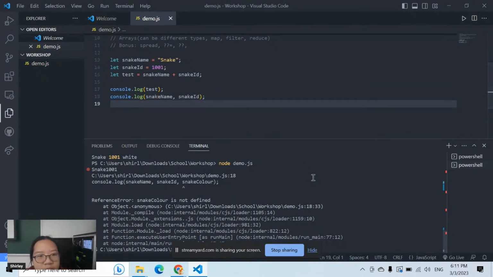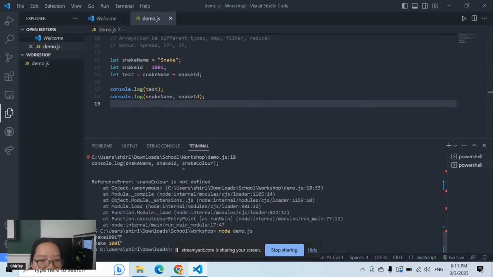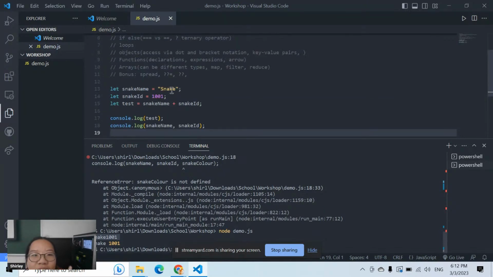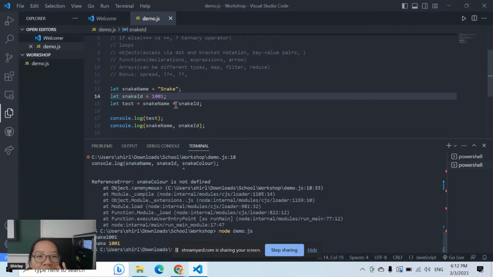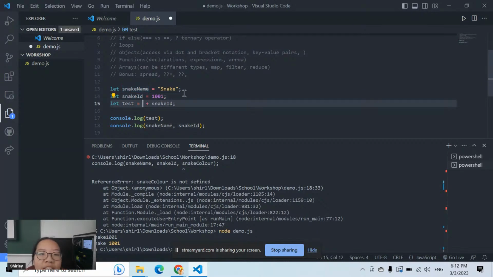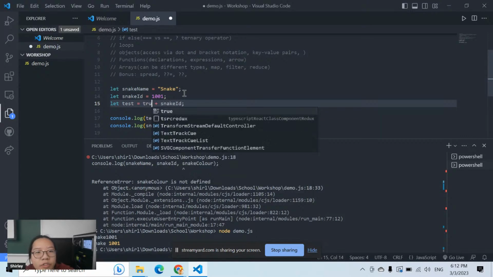So if I were to print this, it's going to print snake 1001. And that's because JavaScript is really wonky when it comes to adding stuff. When you add a string and this number, it becomes a string. In the other case, if we were to add not a string but a Boolean, let's say true,